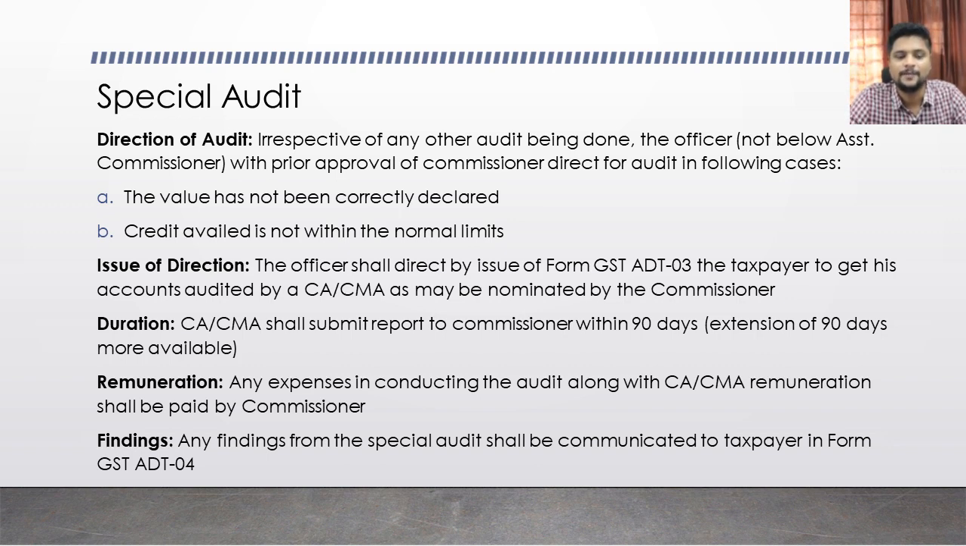Once that report is submitted, if there are any findings during the audit, those findings have to be communicated by the officer to the taxpayer by issuing a form called form GST ADT 04. Whatever expenses are incurred for conducting this special audit, as well as the remuneration of the professional, will be paid by the commissioner. It will be paid by the GST authorities only. That is the third type of audit, which is